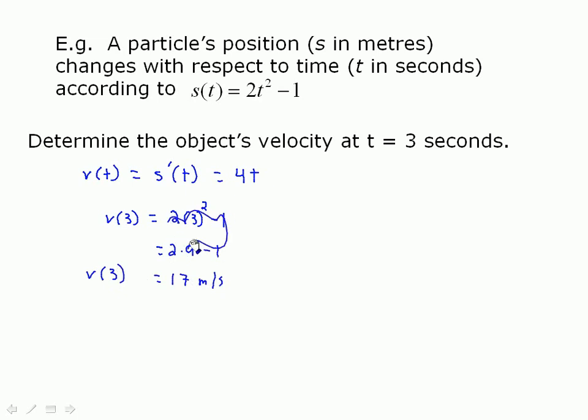Oops. You're wondering, what is that idiot doing out there? How about we use the proper function? V at 3 is equal to 4 times 3. So that is actually 12 meters per second. There we go. Make sure you go into the right